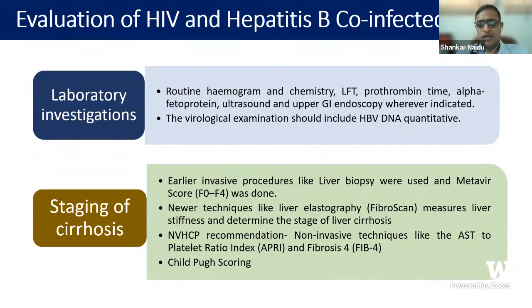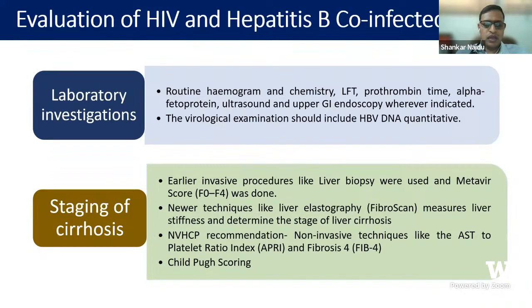The specific investigation related to hepatitis B would be quantification of HBV DNA by doing the HBV DNA levels. All these investigations are needed for staging of the liver dysfunction. Previously, the staging would be done using the liver biopsy findings. However, newer non-invasive techniques have been developed, which include fibroscan, then using the APRI, that is the AST platelet